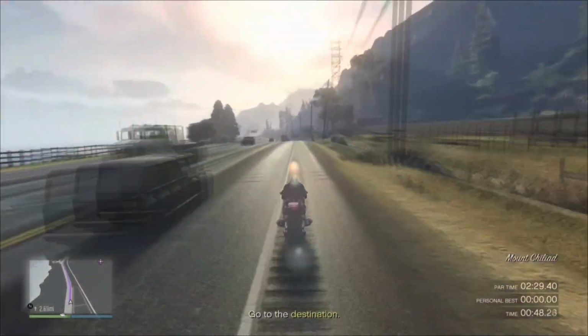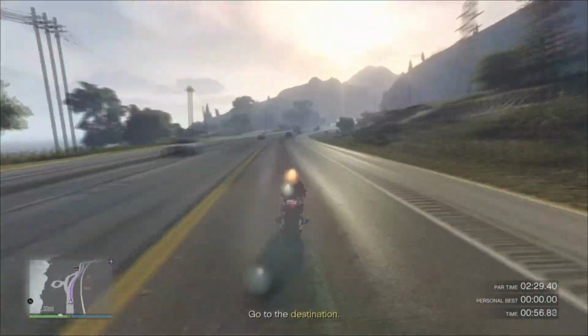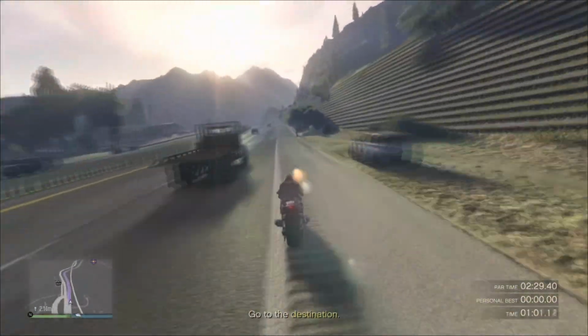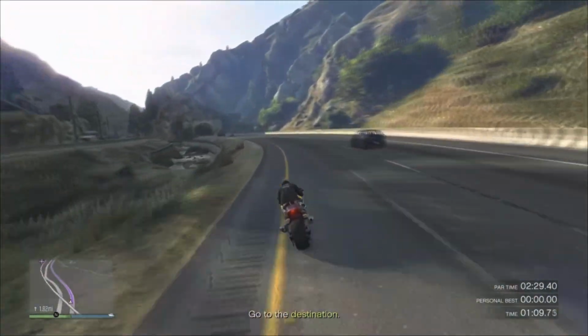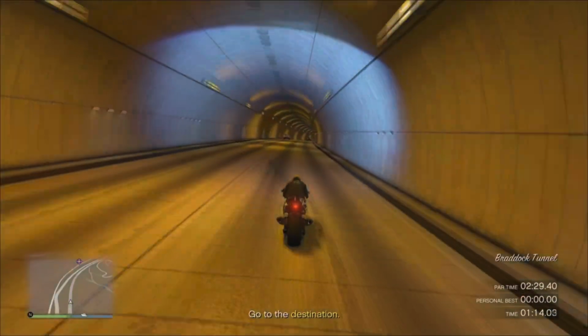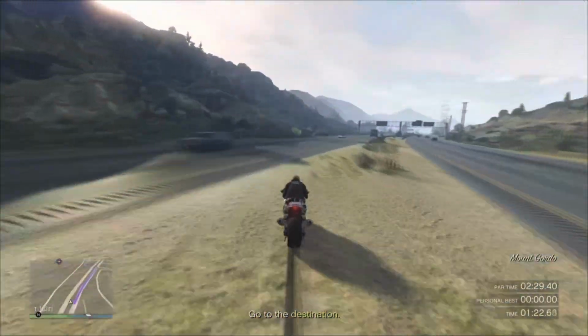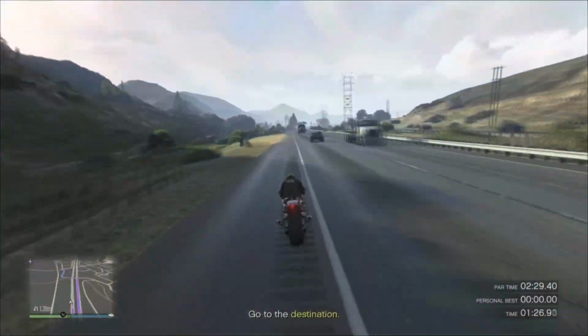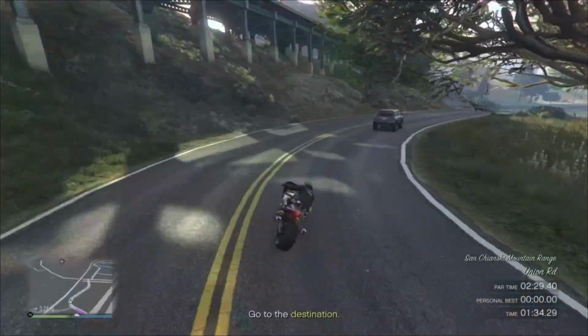As usual, I'm using the Hakuchou Drag for the normal and HSW time trials, by far the best bike to use for the time trials. And as you can see, you're sticking to the highway for pretty much most of the way around, up until you just come out the tunnel where you are looking to cross over and get onto this dirt track on the left here. And for the second week in a row,